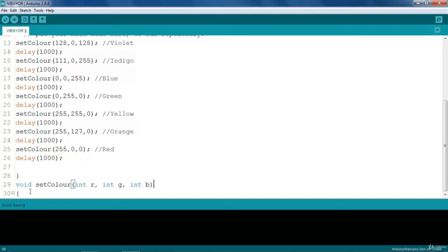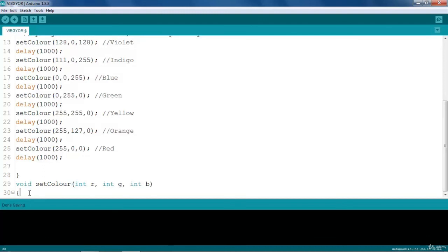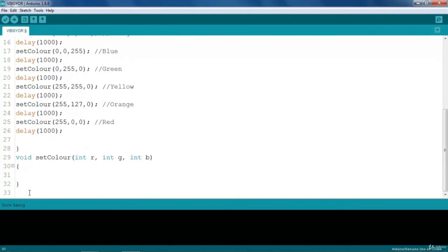In this function, I'll write the main PWM function, that is analogWrite, because using analogWrite I'll be generating colors. So analogWrite red, comma,